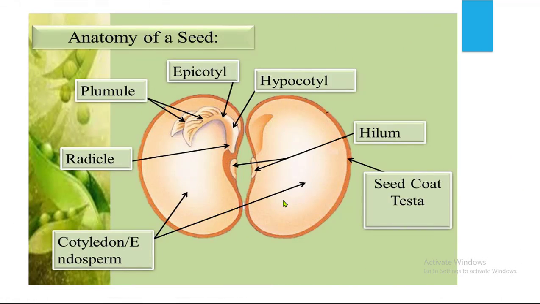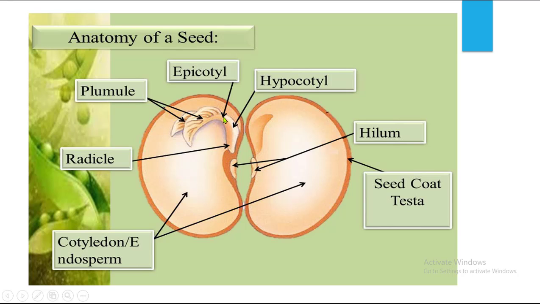So here is the anatomy of a seed. You can see these are the cotyledons. Inside the cotyledon there is the embryo. Cotyledon is actually the endosperm which has stored food. Here this is the hilum, the part of the seed where it is attached to the fruit. This is the seed coat which protects it, and in the embryo you can see